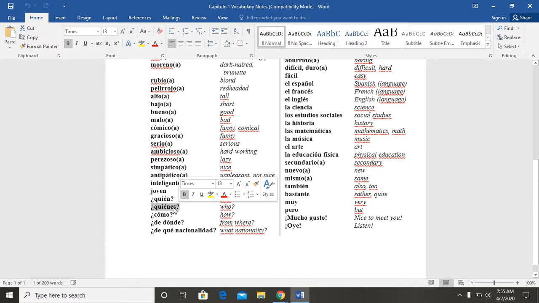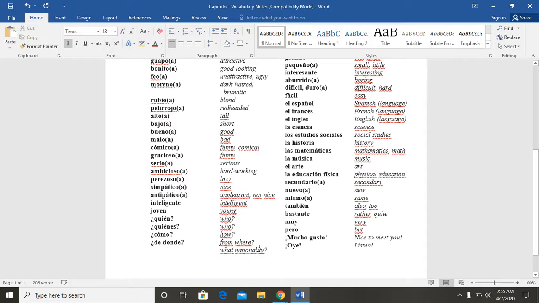Now, you see this one here, right? This is just a plural version. So don't worry about this one. This is just a plural version. Like if I was asking who are your teammates? But because I'm asking you for more than one person, that's why you see the ending different. But it's pretty much the same thing. Okay, it's who. Down here, ¿cómo? How. And de dónde? From where. This last one, I'm not going to use. If you want to, in your notes, you can literally just delete it. I don't care. It's all good. Because all the ones that we don't use, we're not going to use.